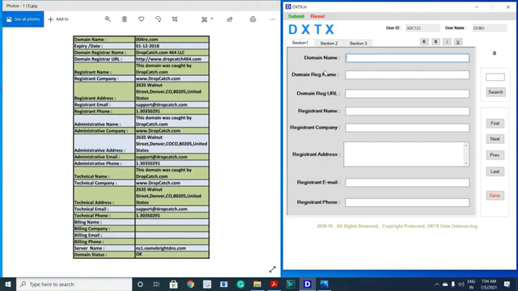So now, for example, whatever the information given, you're supposed to type according to our training manual, so that things are explained in writing. Now I am showing you the demo. Think that I am typing. Domain name, it is given 004re.com. Domain register name, it is given dropcast.com. 464 LLC.